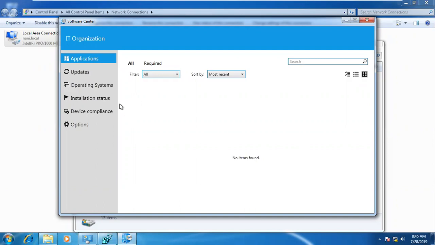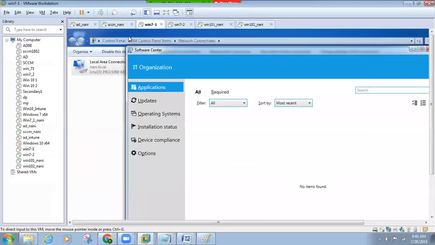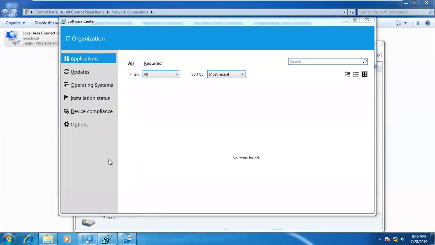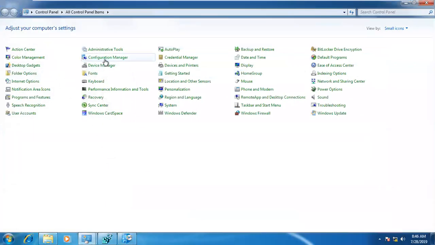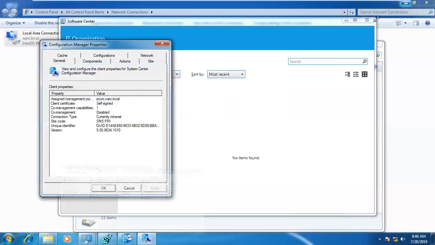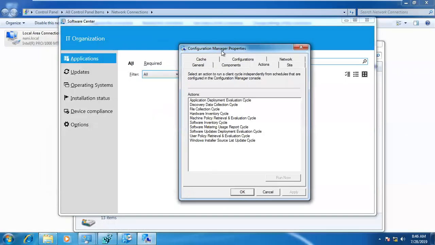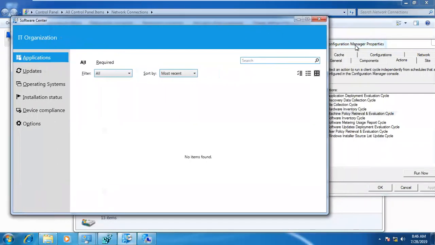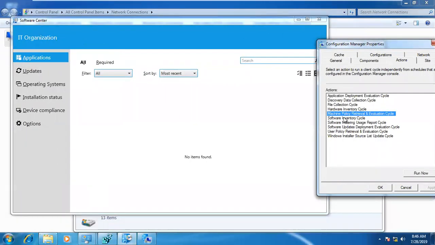So if you want to immediately trigger it manually, you need to go to Start, Control Panel, go to Configuration Manager and go to Actions. Then you need to initiate the Machine Policy Retrieval cycle. What this cycle will do is contact